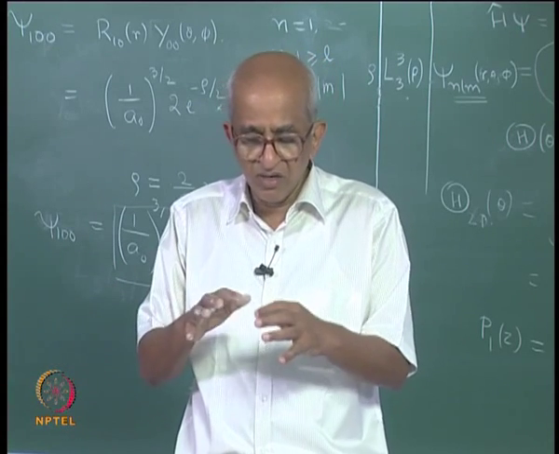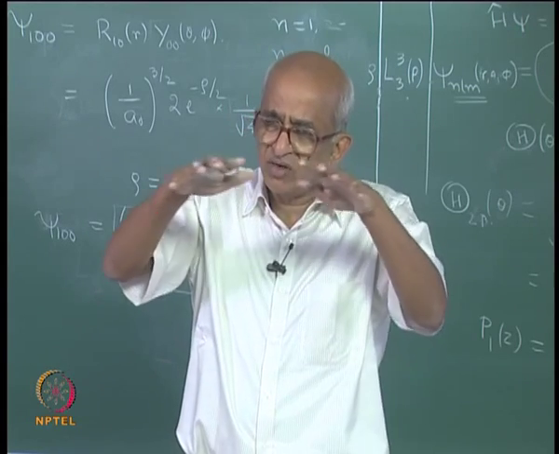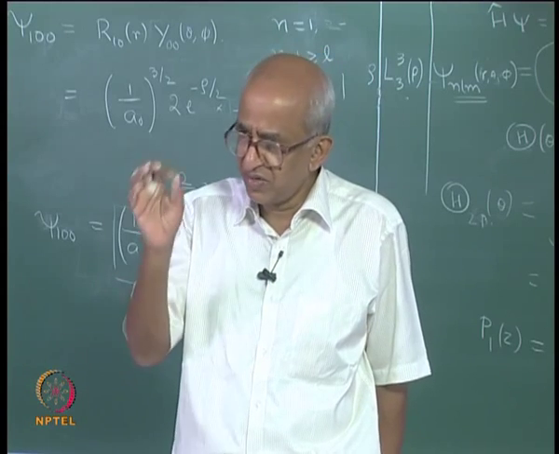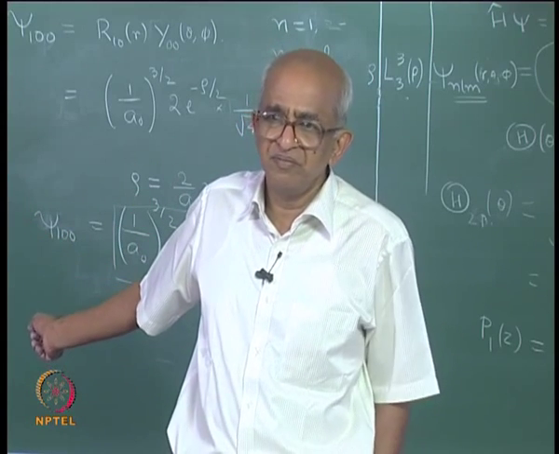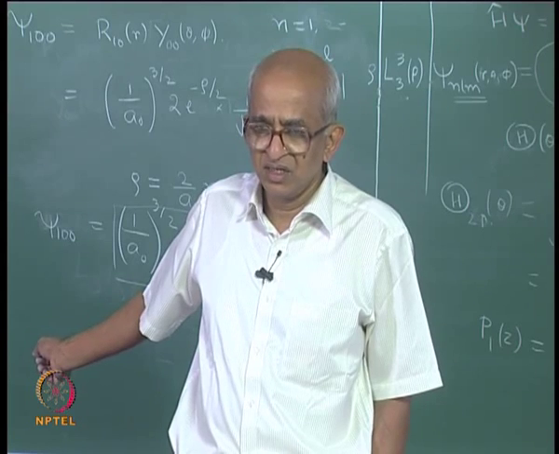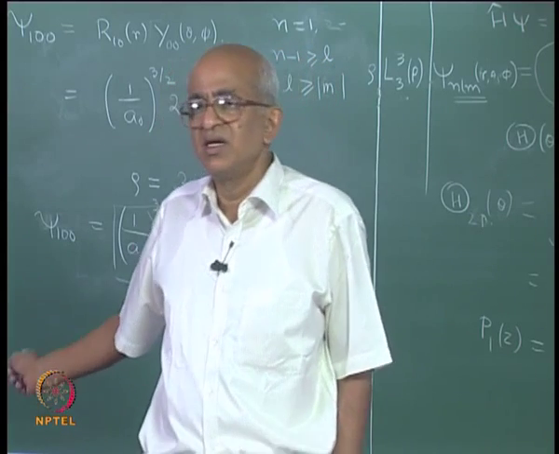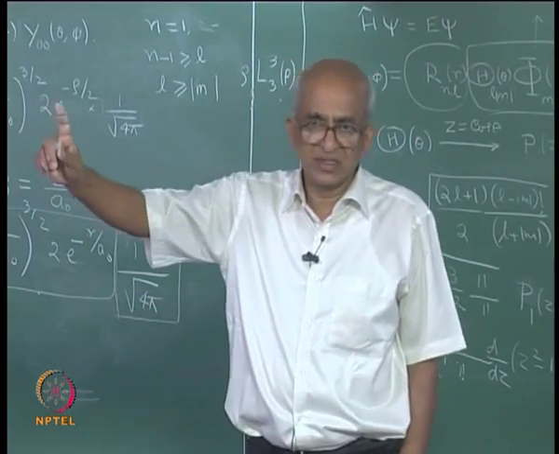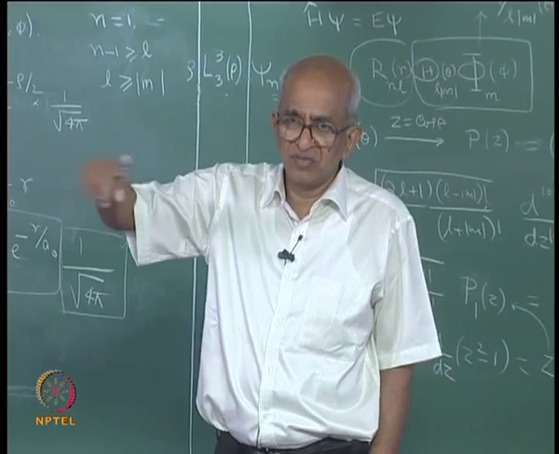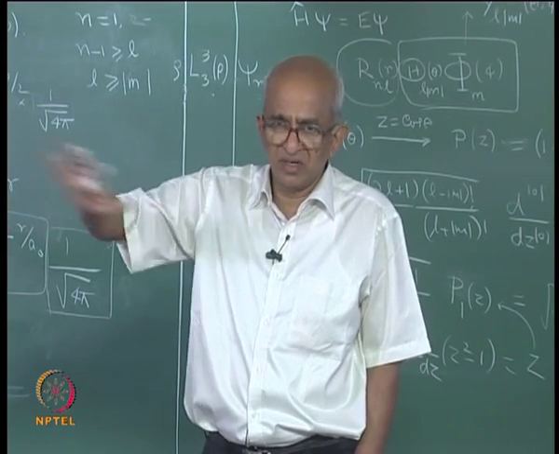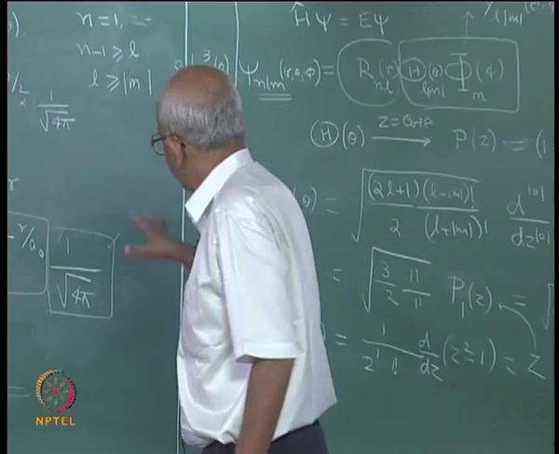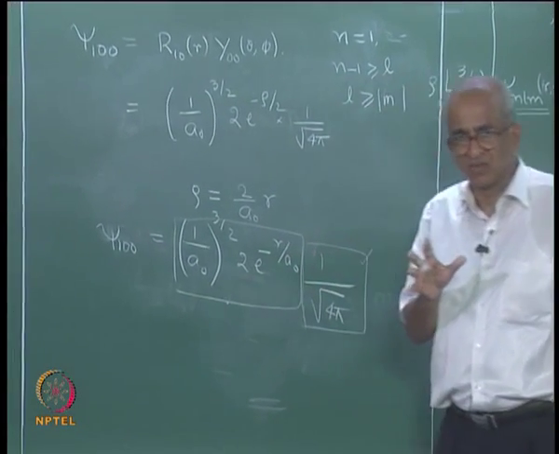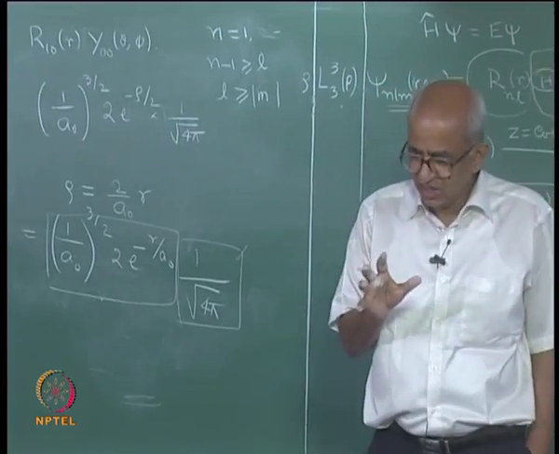So, therefore, I can go further and say that think of any point on the surface of a sphere having radius equal to 5 angstroms, the function is guaranteed to have the same value, right, and therefore, we say that this is a function that is spherically symmetric. It does not depend upon direction in space, it simply depends upon the distance of the electron from the nucleus, it is independent of the direction. So, that is the reason why we say this particular function is spherically symmetric. Okay. And further